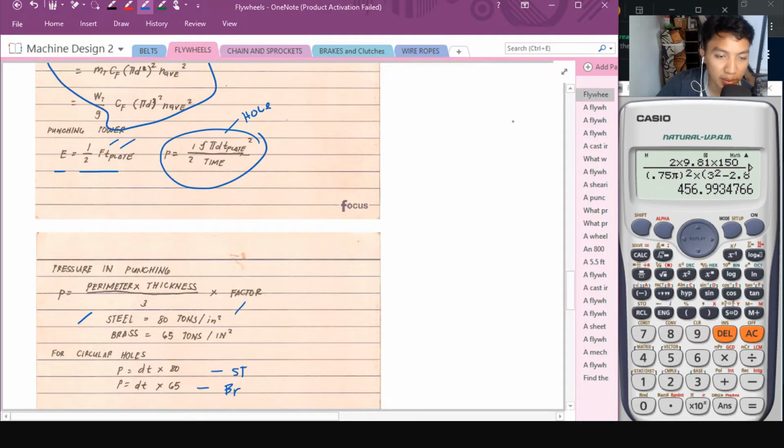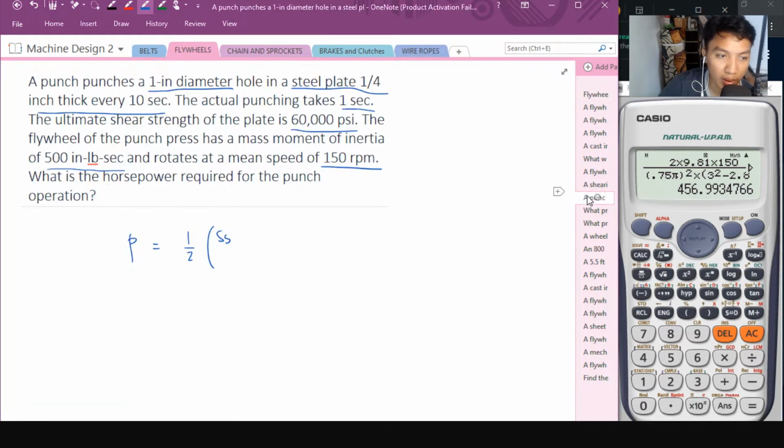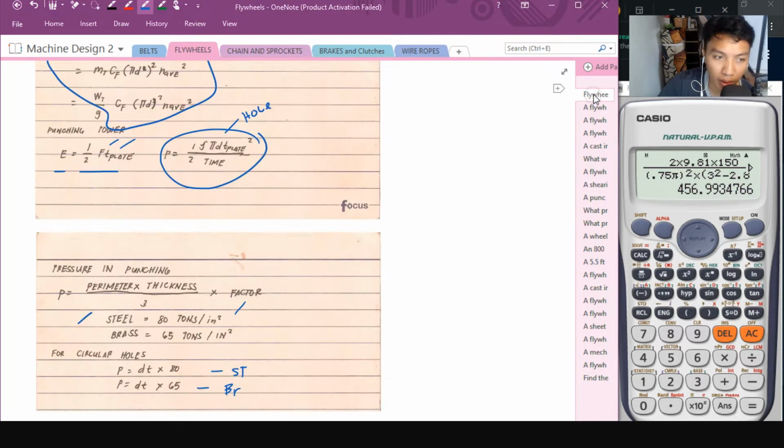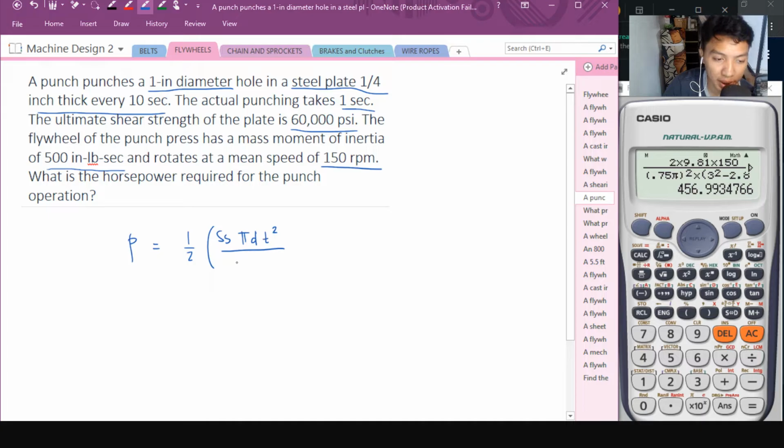Shear stress multiply to, okay, pi, mean diameter, thickness of the plate, squared mo yan, divided by the time elapsed that you need for punching. Power is equal to, this is 1/2 is 0.5